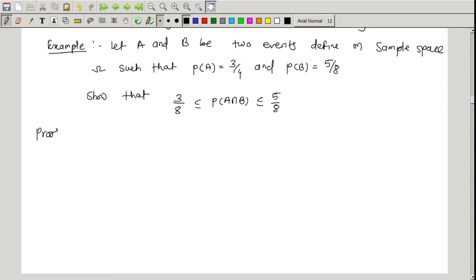So how to prove this? A and B are any two events. So we know by the previous example, the maximum of A intersection B is there. So A is always a subset of A intersection B, correct? So this implies probability of A is less than or equal to probability of A intersection B, correct? And B is always a subset of,